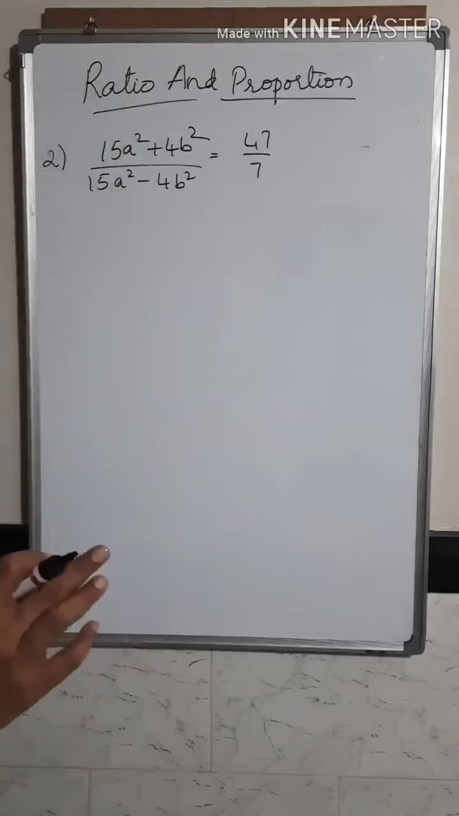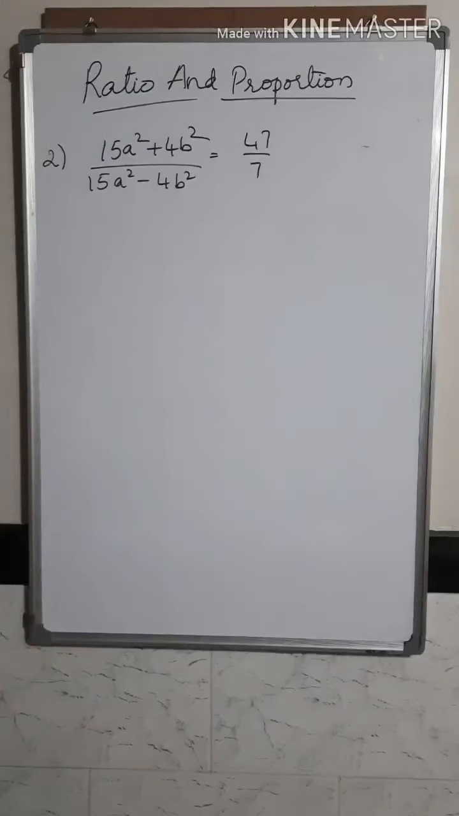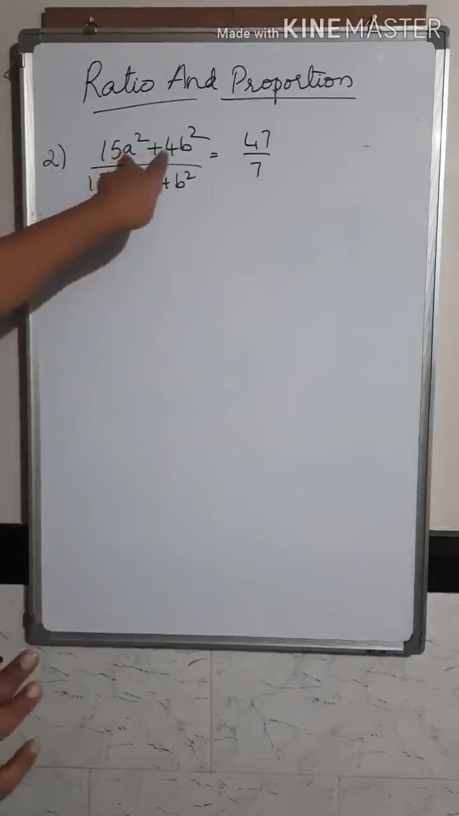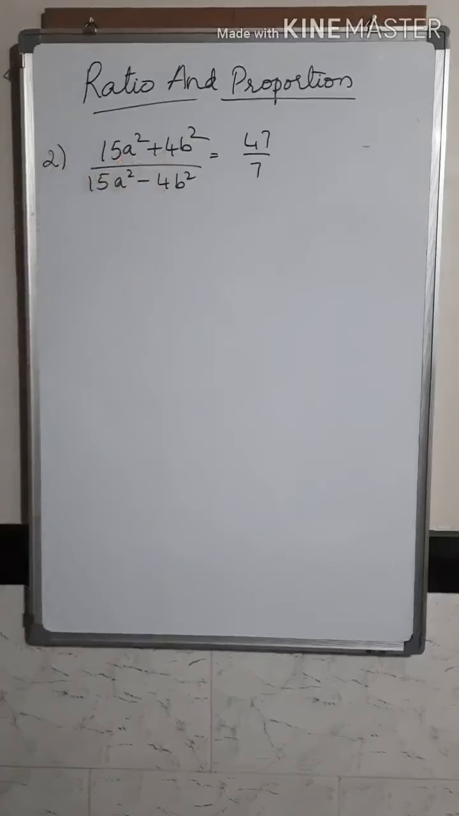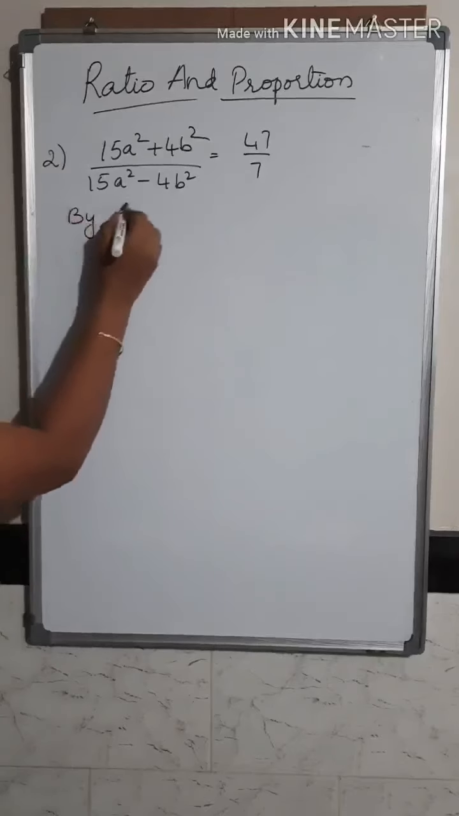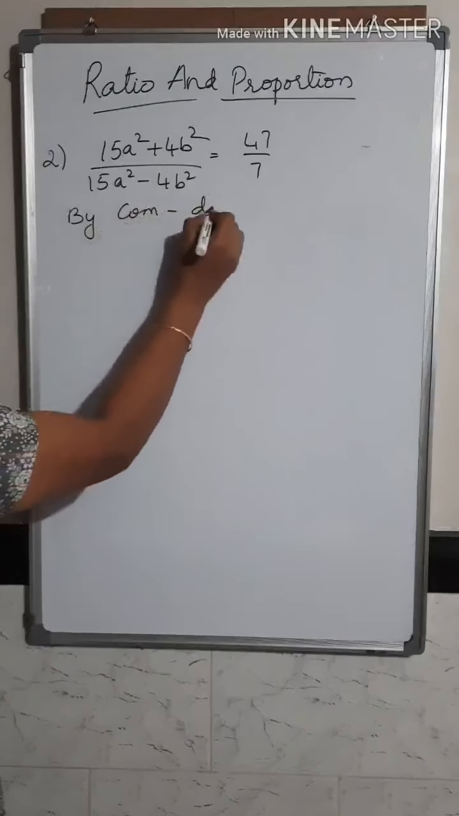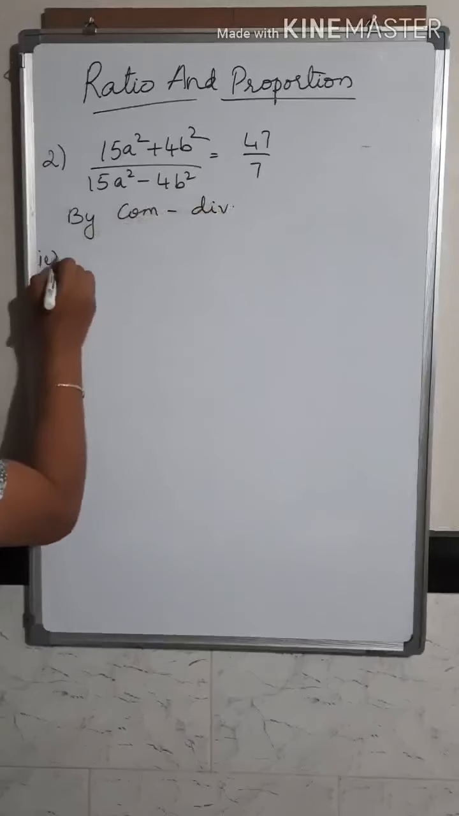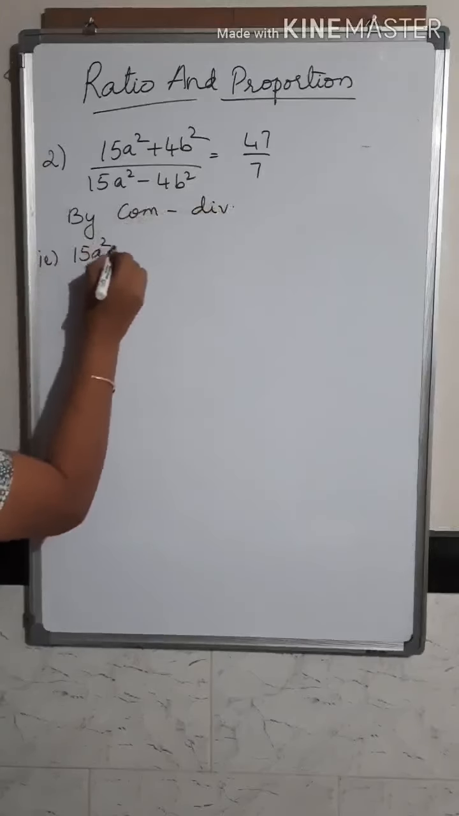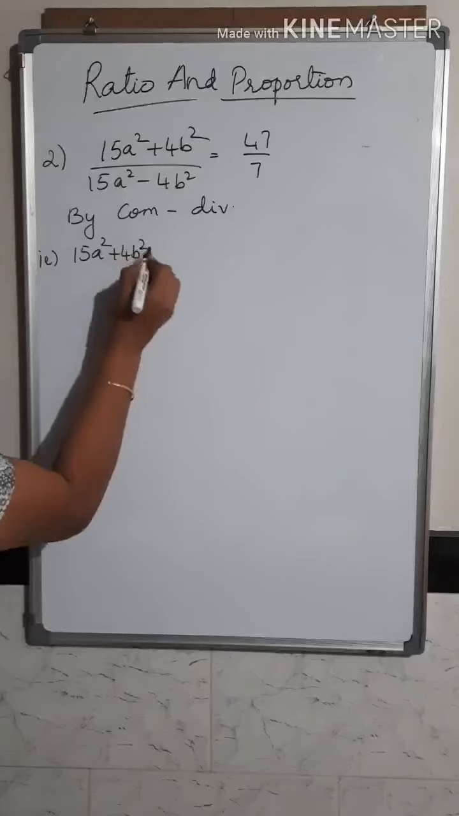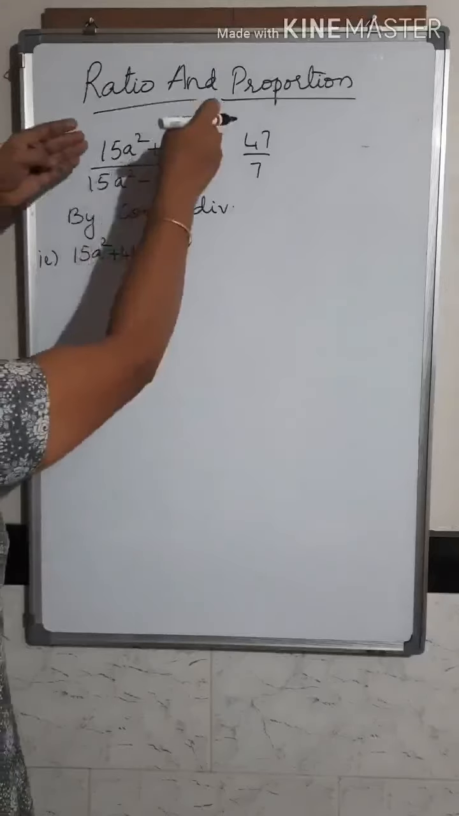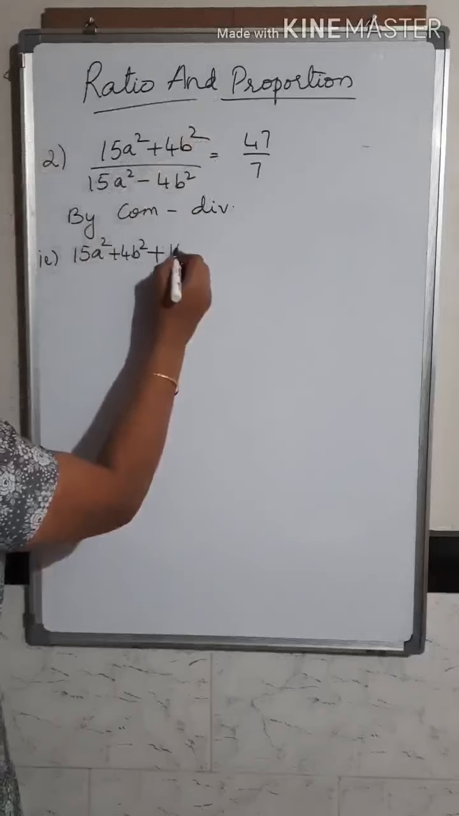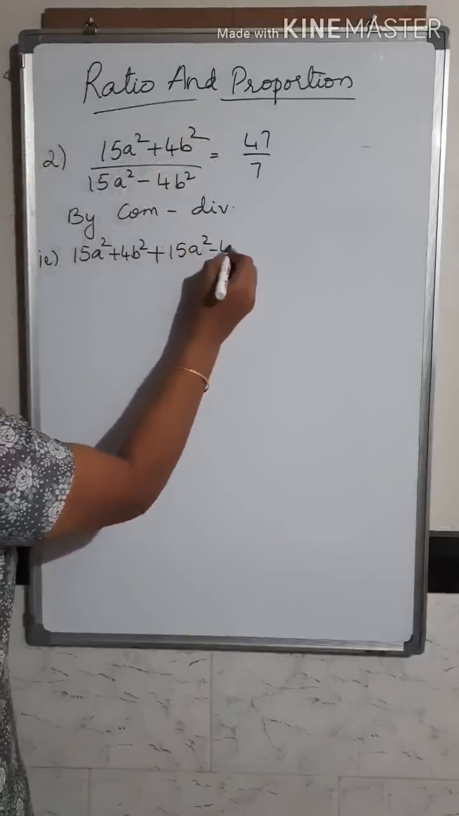So for that, what you have to do is first find out what a upon b is. When you look at this, you have got a plus sign here and a minus sign here. So use the property of componendo dividendo and simplify it. You will get the value of a upon b. So by componendo dividendo, what you get here is 15a square plus 4b square plus, numerator plus denominator, 15a square minus 4b